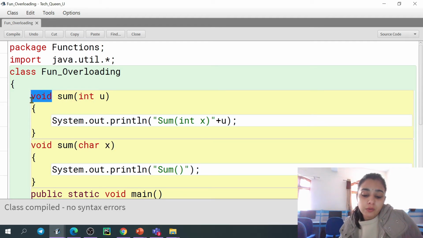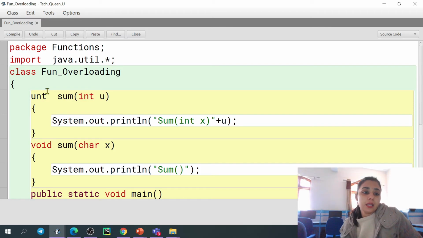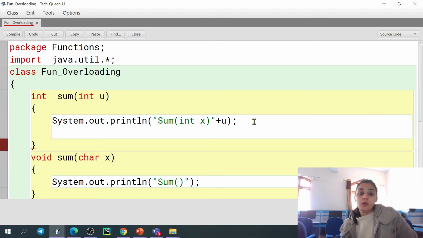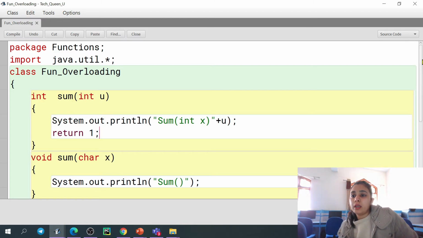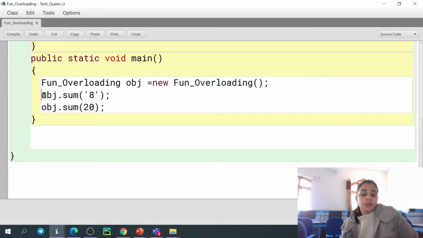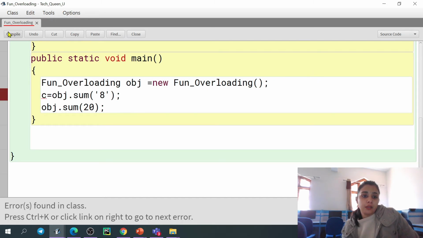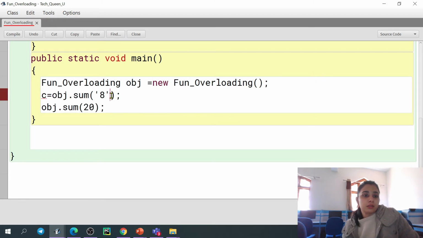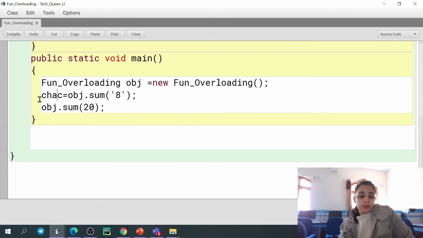If let's say one function is returning a value, the return type is not affecting function overloading, right? Let's say it returns 1, and here you are putting the receiver also. We have to give the name, integer, because it is returning 1.